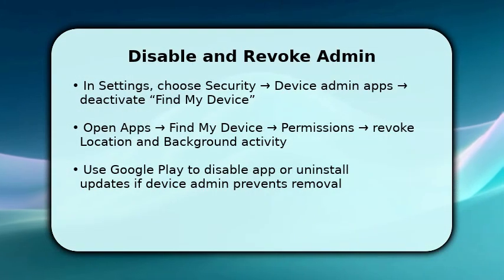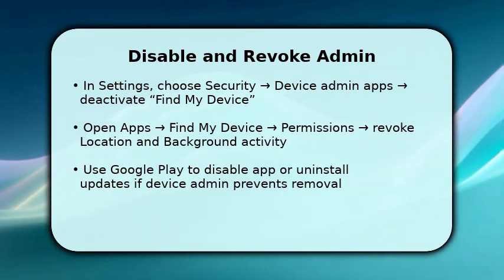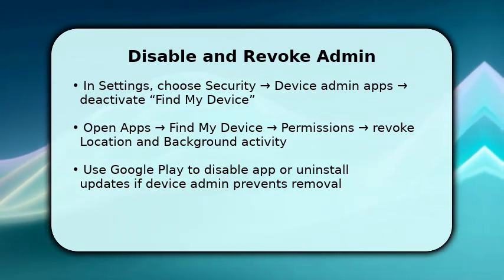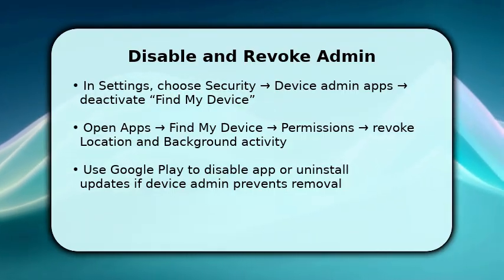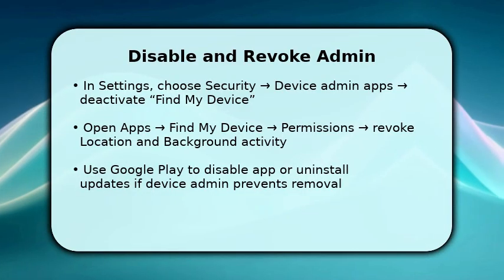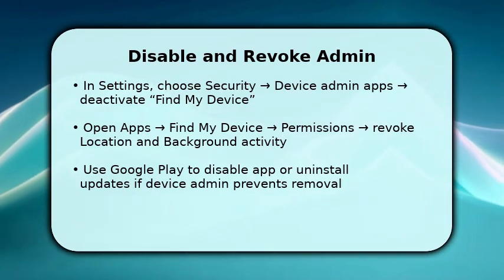You now disable the monitoring layers. First, go to Security, right arrow, Device Admin Apps and turn off Find My Device as an administrator. That step unlocks removal. Then open Apps for Find My Device, revoke location and background permissions so it cannot track